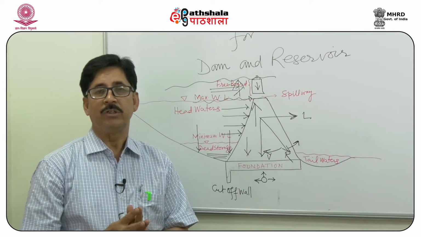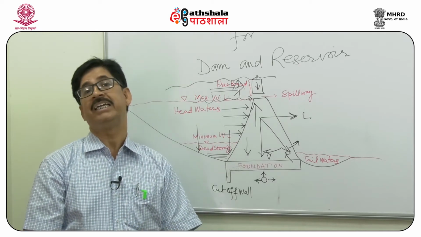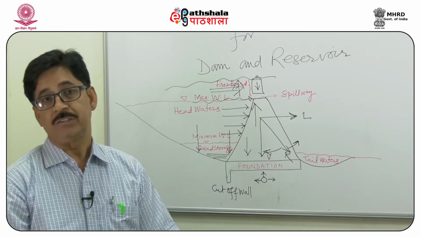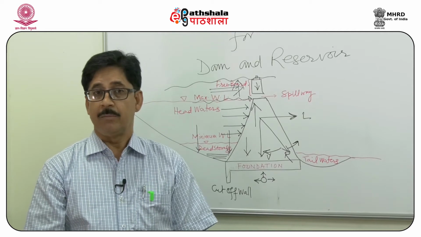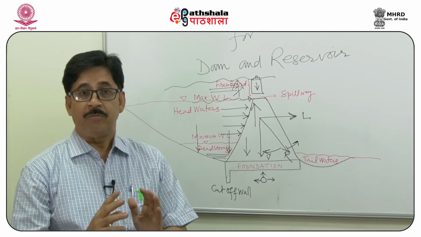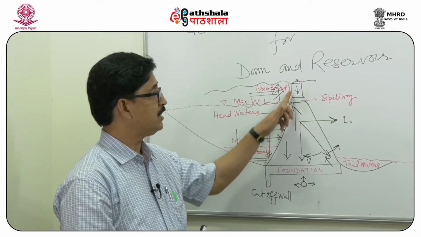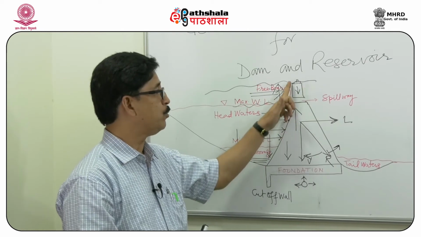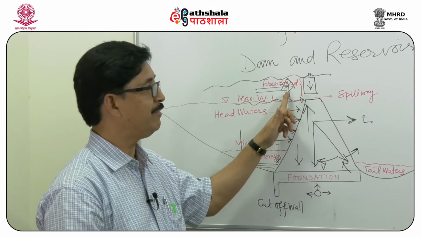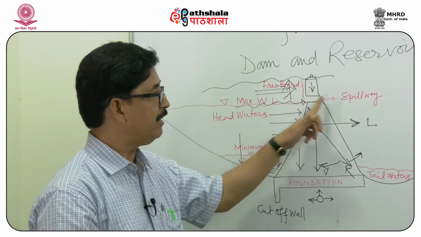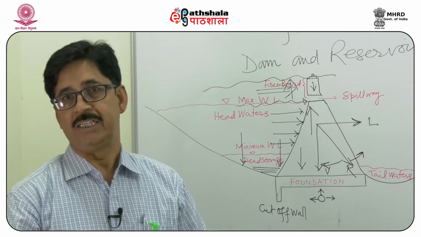So it is very important to estimate the highest amount of water we can have in our reservoir. For this we have to see the history of that river and the history of the maximum flood, because if the maximum flood has not been taken into account, we cannot decide the height of the exposed part of the dam, which is called freeboard. Freeboard is provided so that the water level can rise for a while if spillways are not able to throw out all the water in the reservoir.